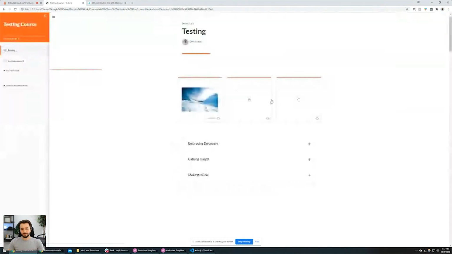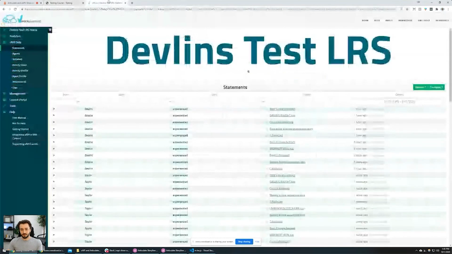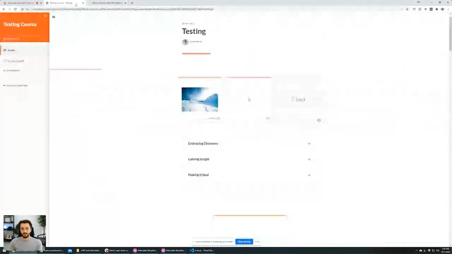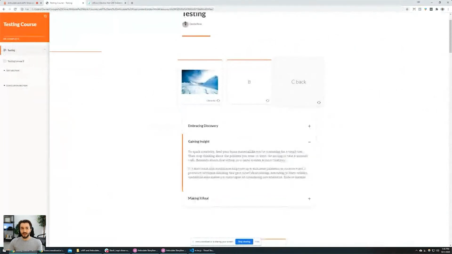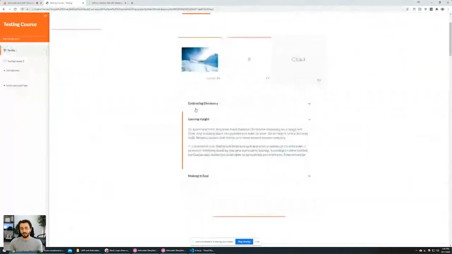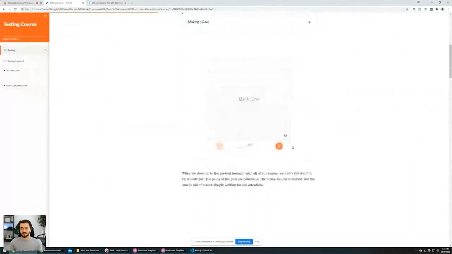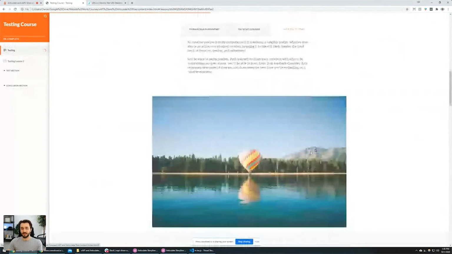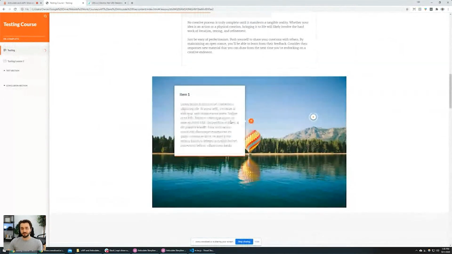Whenever you view one of these things, say we view this, we can see Devlin experienced the C flashcard. And when you click on one of these tabs, you can see I experienced the Gaining Insight accordion item. So I've been going through this for each type of interaction possible in Articulate Rise, and I'm trying to make it so that it pulls all of this data from the course itself, so the person doesn't need to write any code.